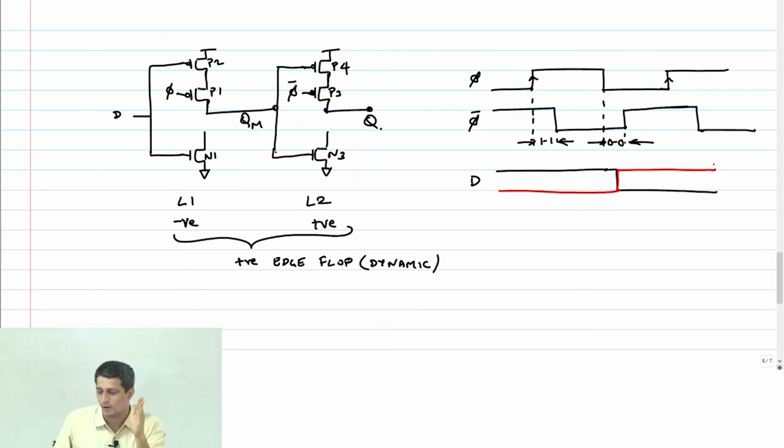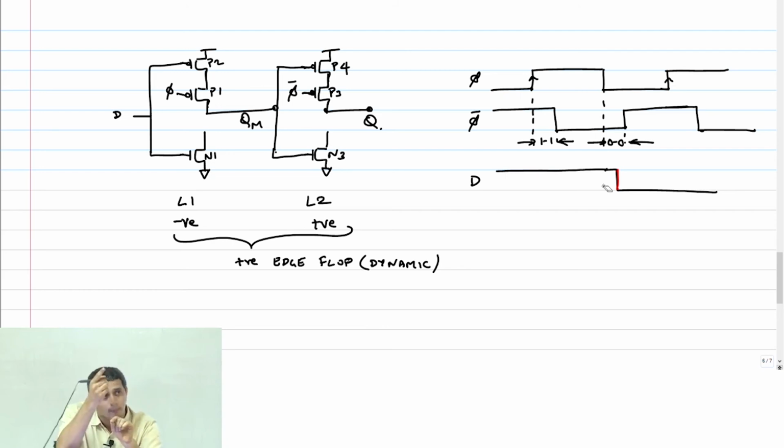Let's say D went from 1 to 0 in my 0-0 overlap period. Or D goes from, let's say, 0 to 1. Sorry, let's look at the red case first. D goes from 0 to 1 in my 0-0 overlap case. Can the change in D go to QM first of all? No. Why? Because that NMOS has already cut off, so there is no discharge path available. Therefore, the only condition I have to analyze is this condition, where the data goes from 1 down to 0,